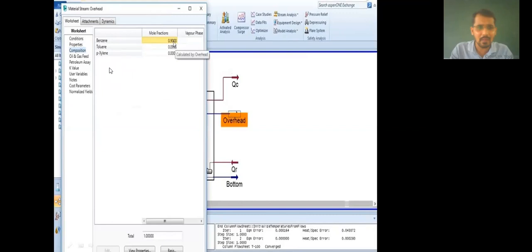So by double clicking over the composition, you can check whether the composition of all the components is displayed or not. After that, you can double click over the conditions, means outlet stream conditions. After double clicking over the properties, you can check melting point, boiling point, pressure, flash point, fire point. All these things can be checked by double clicking over the properties. You can see here on the left side: conditions, properties, composition. My main target here is the composition, that's why I'm double clicking over the compositions. I'm showing you the values of composition, that is benzene. So in this example, I'm getting 90% of benzene as a pure product in the distillate.